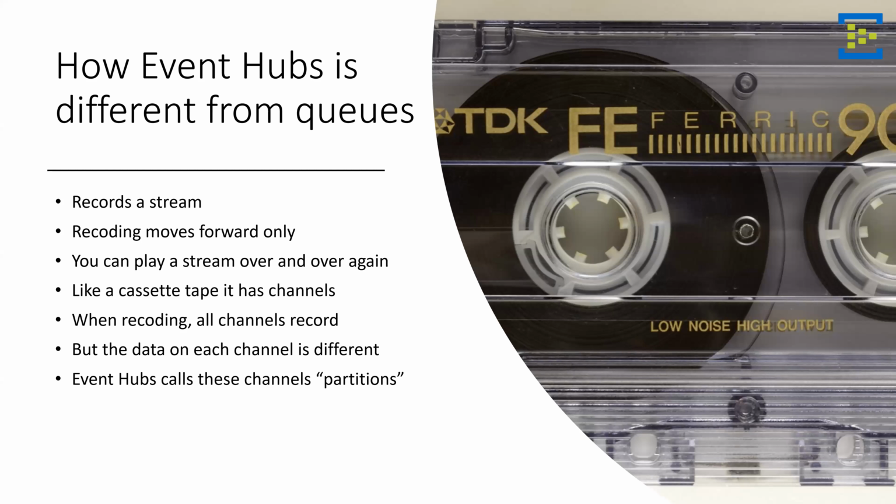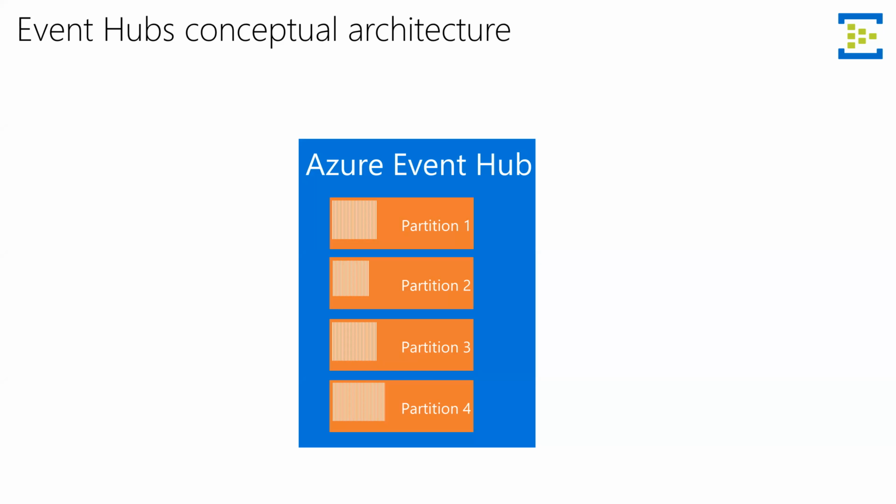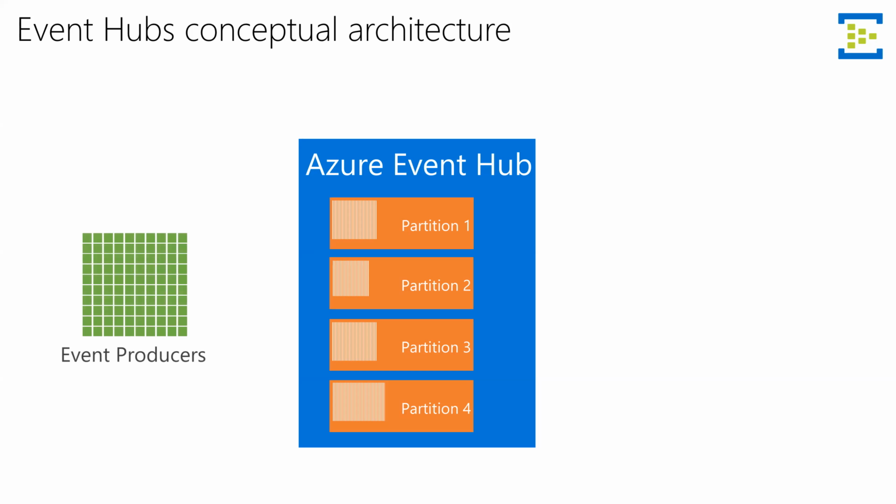So let's have a look at somewhat internals of the Azure Event Hub. As a service, it has partitions, right? We agreed upon that. And those partitions record different messages. Those are streams of the messages, usually provided by event producers that can communicate to Event Hub using one of the following protocols: HTTP, AMQP, or Kafka. Yes, Kafka, even though it's not an Azure service. We'll talk about that a little bit in a few minutes.